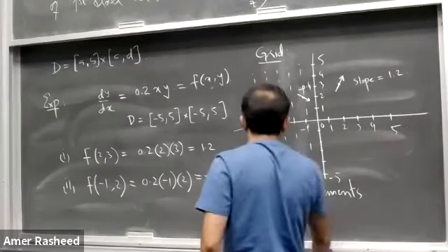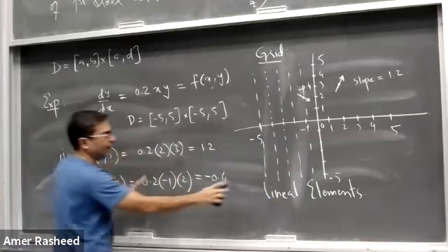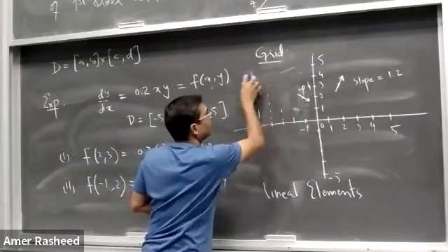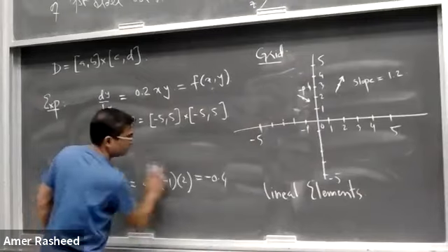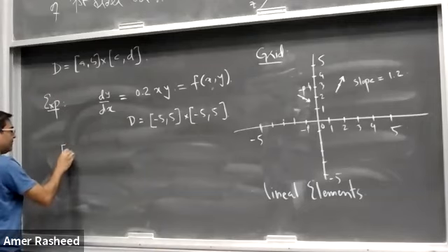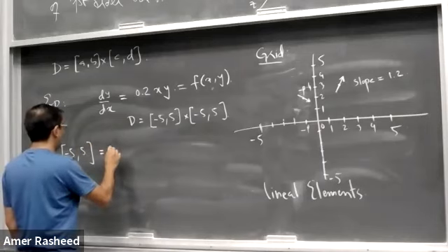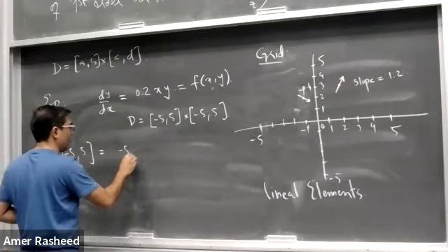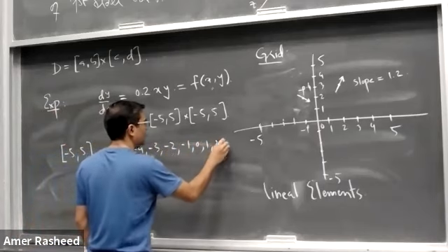What is a grid? We divide this. I hope you get what a Lionel element is. You remove these lines. The grid is in fact: you divide the x domain, the domain of x from -5 to 5, into points. For example, here you divide it into points -5, -4, -3, -2, -1, 0, 1, 2, 3, 4,